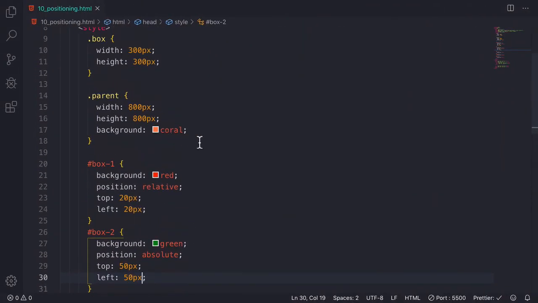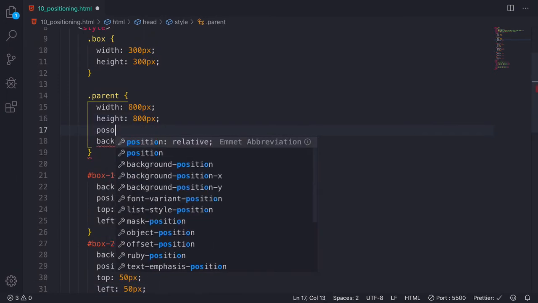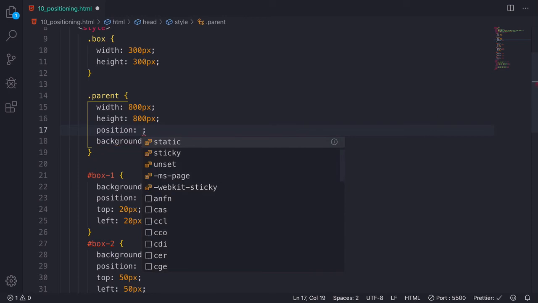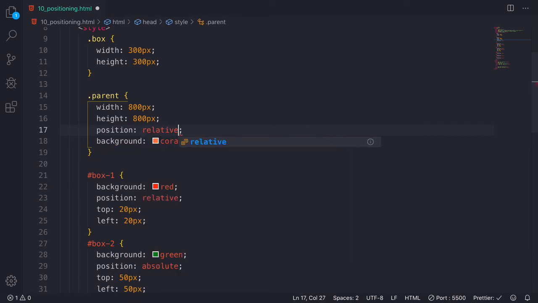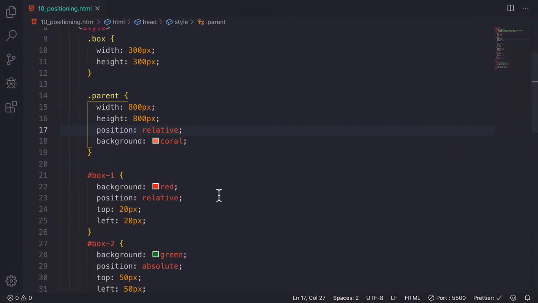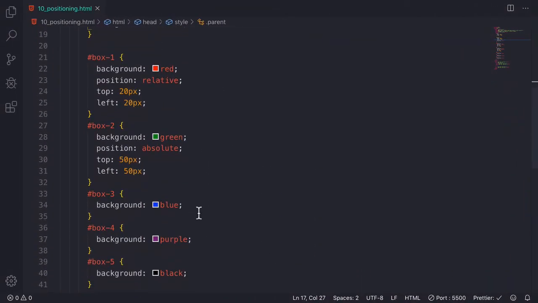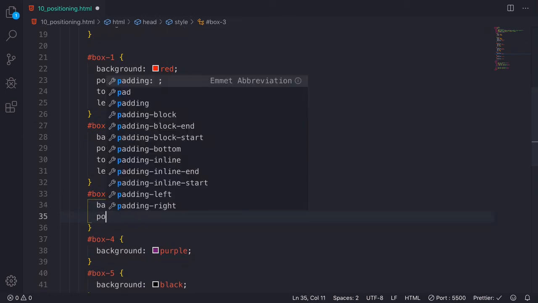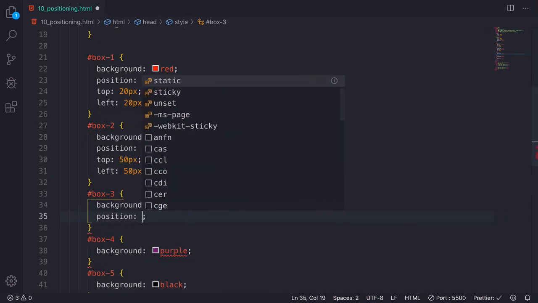So for us to put it inside of this, we have to give this parent box a position of relative. If we give it a position of relative, we see now it comes into the box. So we can also position this one. Let's position this one here using the bottom and right properties. So for the box 3, we'll still give position absolute,